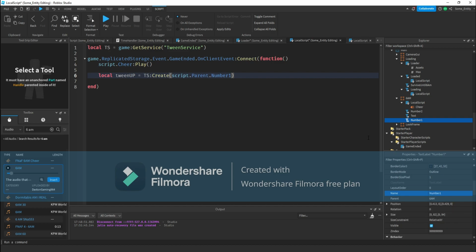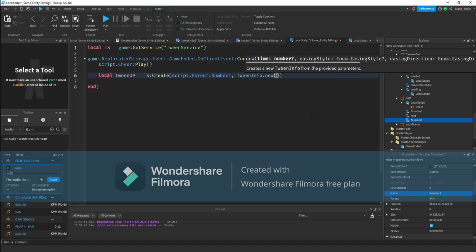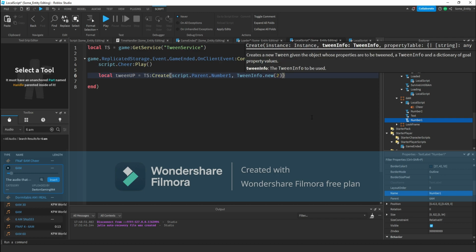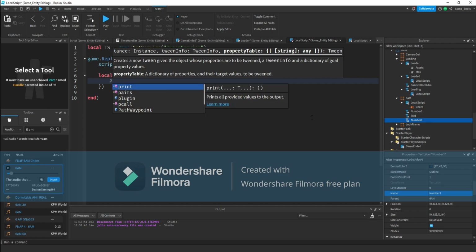Then we're gonna put TweenInfo.new, and this is gonna be the time. Let's make it 2 seconds. Then we add a table and put Position